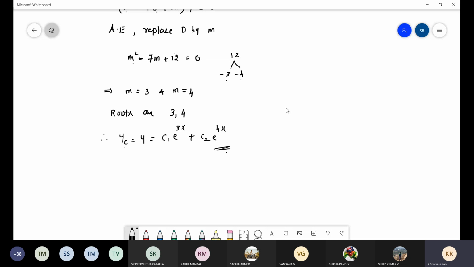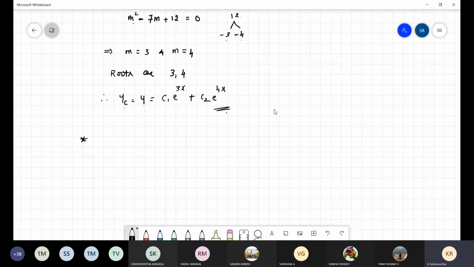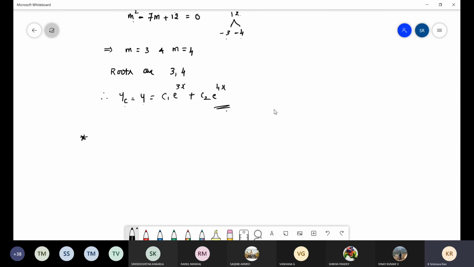So it is a very simple procedure. There is no differentiation or integration, much. It is there, but only a little bit. Finding the roots is the main task here. Okay, I will continue. Is it over? See, try to understand the procedure and I will write the problem. You just go on and solve it, and whatever I solve in parallel on the board, you can verify your answers. Please don't wait for my solution. Don't copy as it is. Go on, keep on trying. It may be wrong, no problem. You will understand easily.